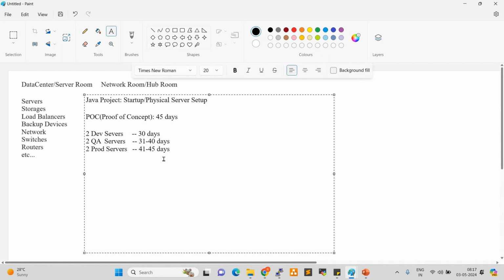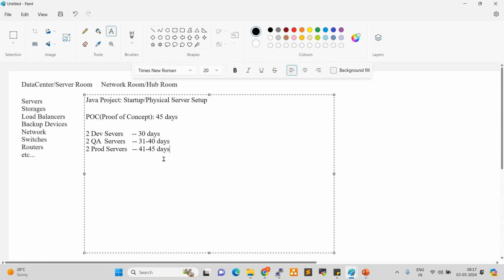So three types of servers are required here because once developers develop the code in development servers, we don't directly apply it onto production. In between, testing should happen, right? Once we deploy onto production servers, the applications will be accessible through the internet, right? Yes, we can access through the internet.